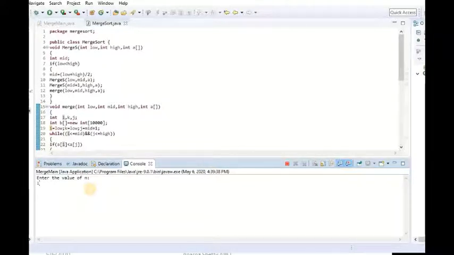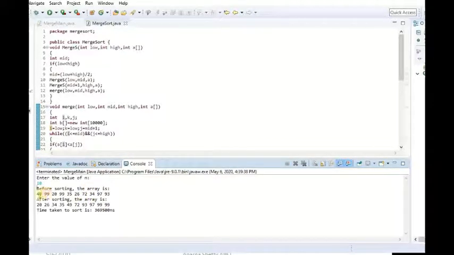I had taken an example with 8 elements, but suppose I give n value as 10. Then 10 random numbers are generated and printed before sorting. After sorting: 20, 26, 34, 35, 49, 72, 93, 97, 99, 99. It is in sorted order, and it also displays the time taken to sort this array.